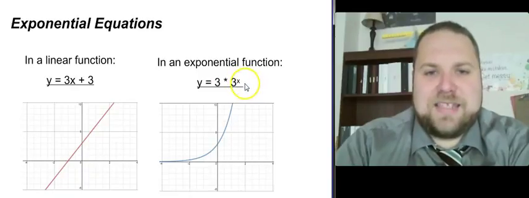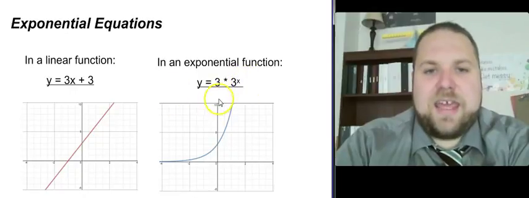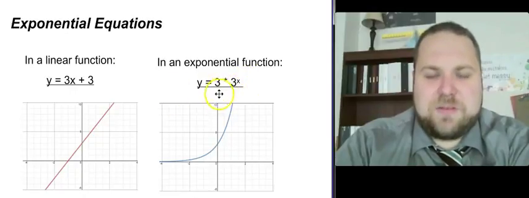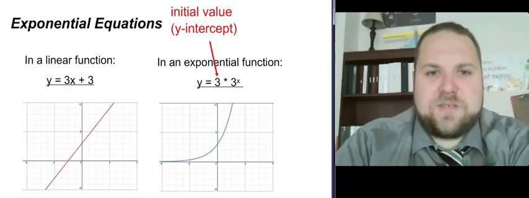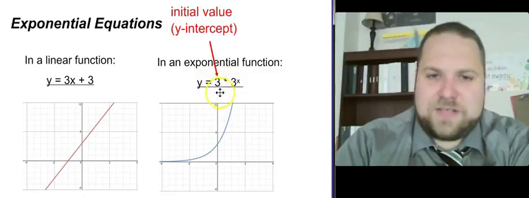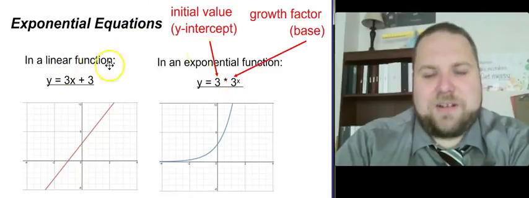That means the x, the variable, is actually an exponent and will be written in superscript way up above the number. And these two numbers, just like in a linear function, are two of the parameters we're looking for. The first one is the initial value, also called the y-intercept. And so we just write whatever the y-intercept is there. And the second number, the one raised to the x power, is simply the growth factor, which is also called